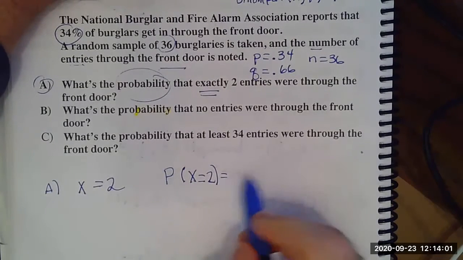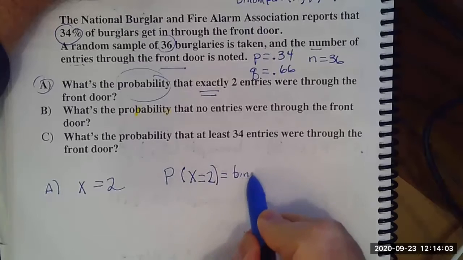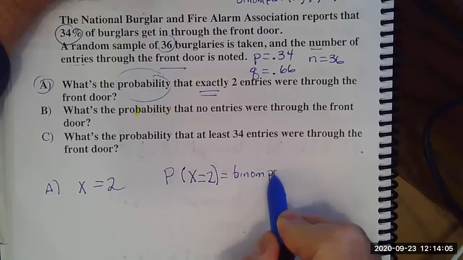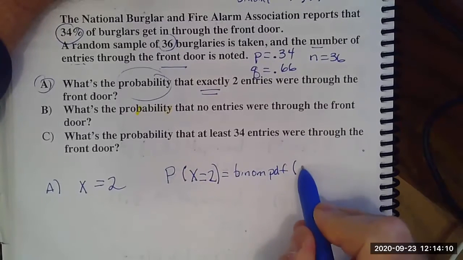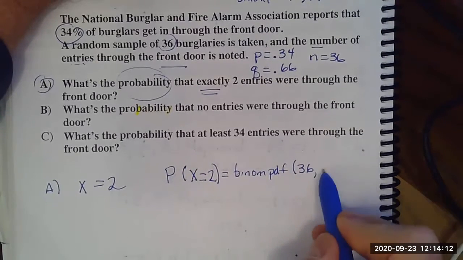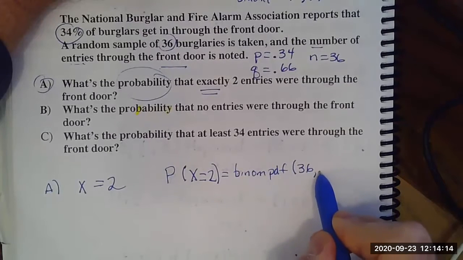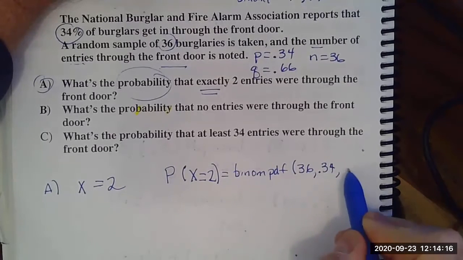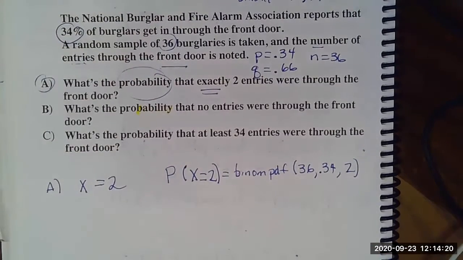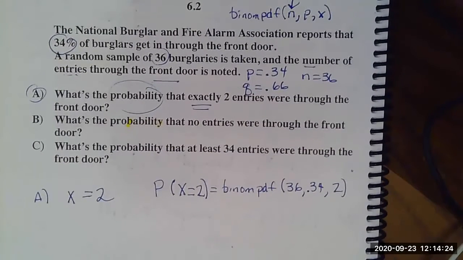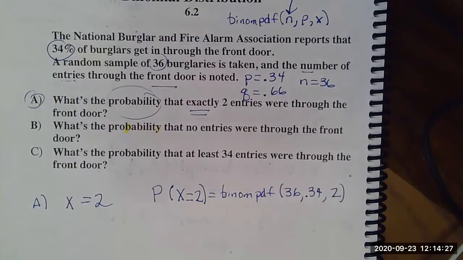You're going to go then binom PDF, and then N is 36, little p is 34%, and X is 2. So what they're saying is if you took any random sample of 36 and you drew 2,